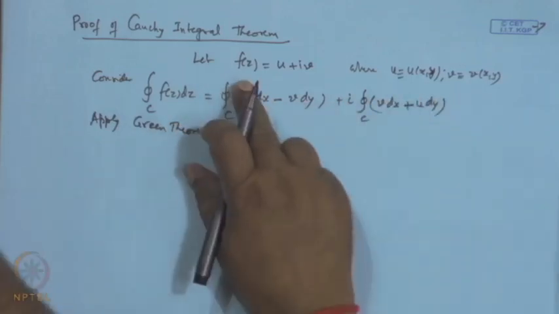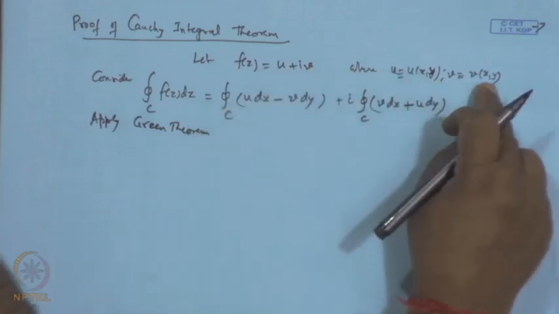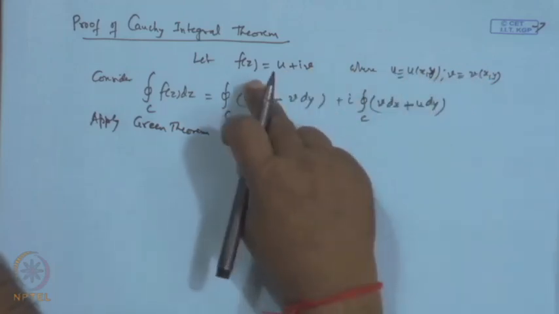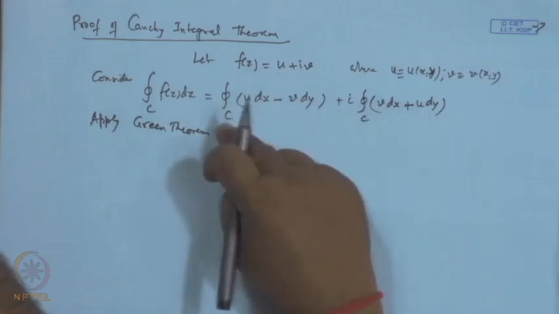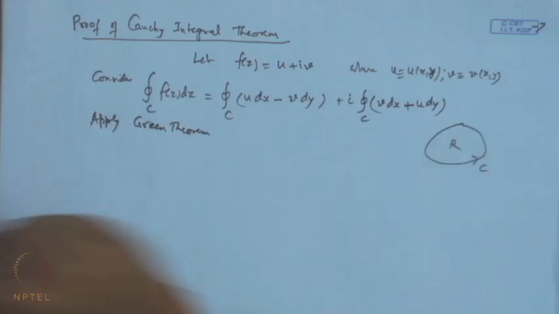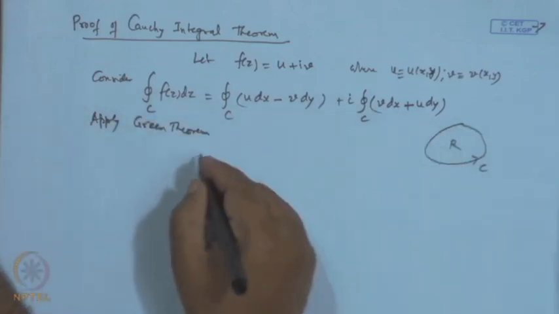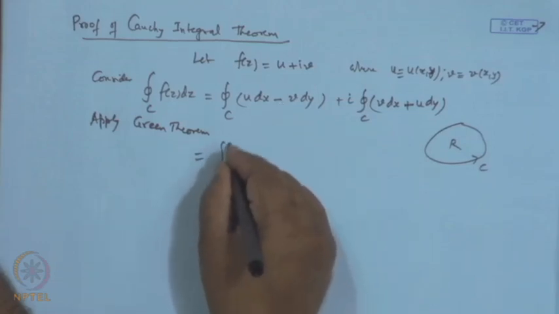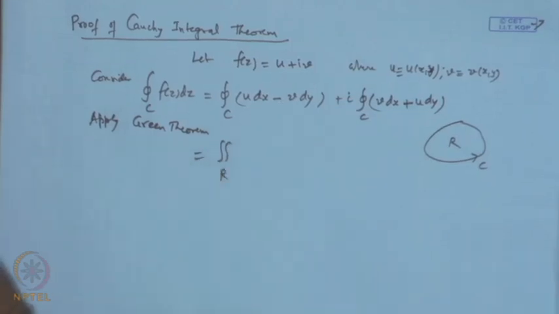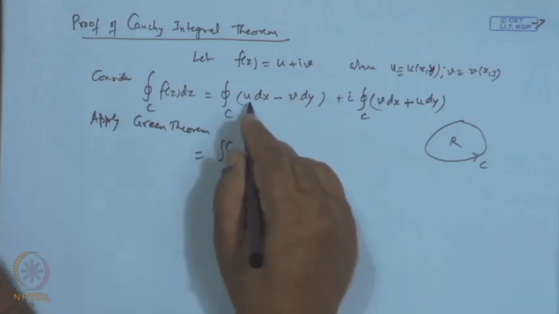Because the function is analytic, the derivative is continuous. So, u and v both are continuous functions, possess continuous partial derivatives, and C is a closed curve. So, this is your C, and this will be the region R. So, if we apply Green's theorem, then the integral of p dx plus q dy can be written as the double integral over R of